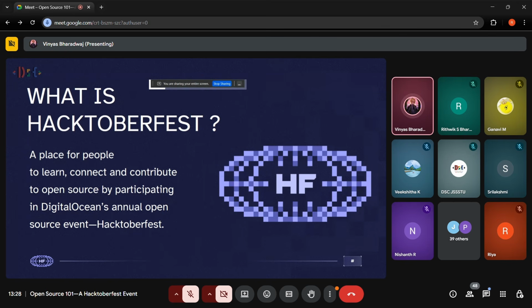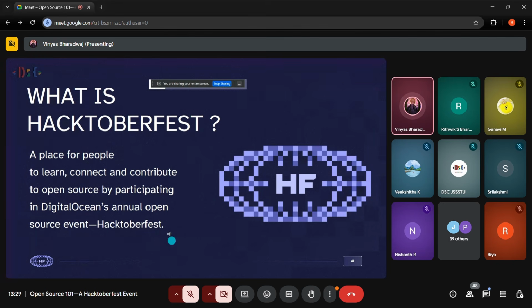So Hacktoberfest is basically an initiative which was started by DigitalOcean in collaboration with GitHub and GitLab. As my friend Ritvik just discussed, GitHub is basically a universal way for you to showcase your code, or you can also choose to make it private.